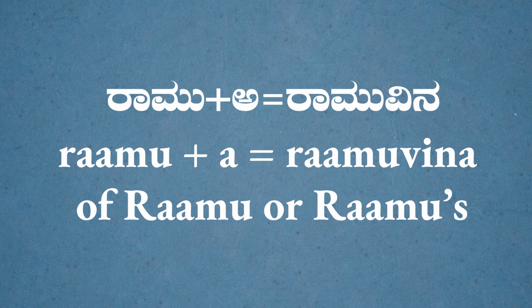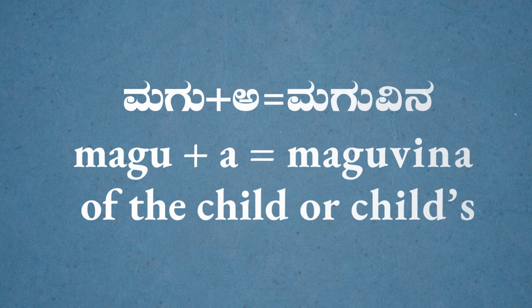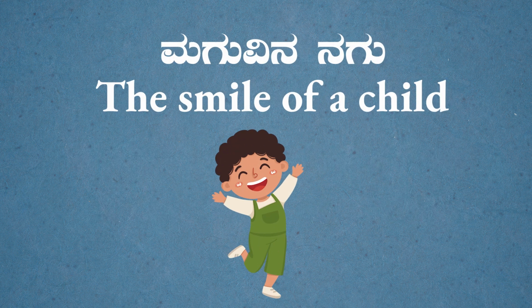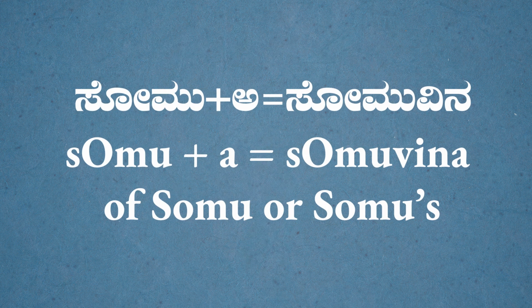Ramu plus a becomes Ramuvina, which means of Ramu. Magu plus a becomes Maguvina, which means of the child. For example, Maguvina Nagu, the smile of a child. Somu plus a becomes Somuvina. This rule of adding vin before a is an interesting feature in Kannada that reflects the language's structure in